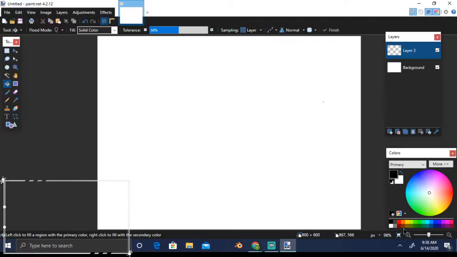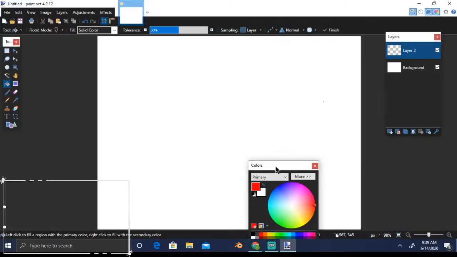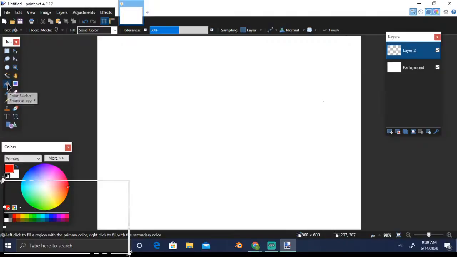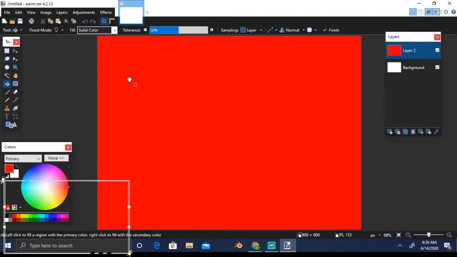If you want to select any color, just select that color. So here I have selected the paint bucket. Let me pull this color tool section here so that it's easier for me. Okay, and I have selected the paint bucket and boom, here I go. Now I see a red layer is applied on top of my new layer, right?